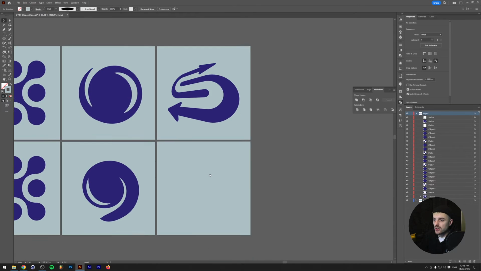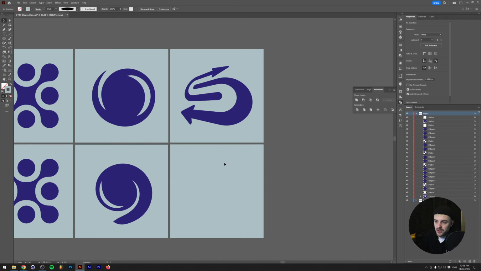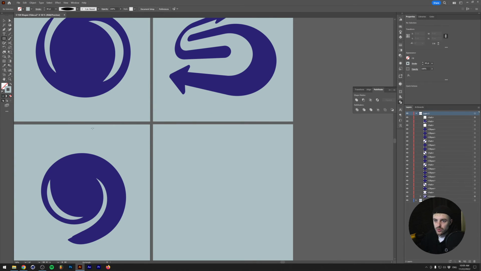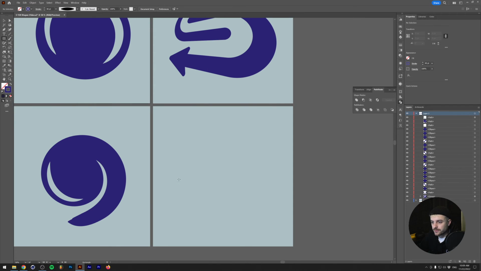Alright, so the last one is a little bit of a combination of things we've done in the other shapes, but I really liked how this turned out, so I thought let's just do it one more time. So the first thing you want to do is make sure that your stroke color is the same color as the dark blue that we've been using. So let's just go to the eyedropper tool and hold Shift so that it doesn't change to the fill color like this. Then grab a rectangle